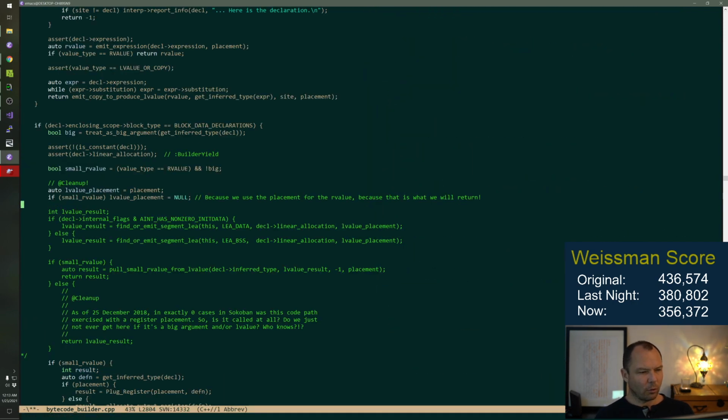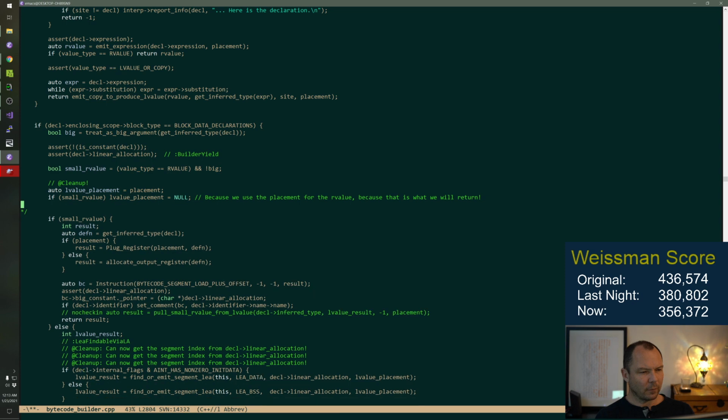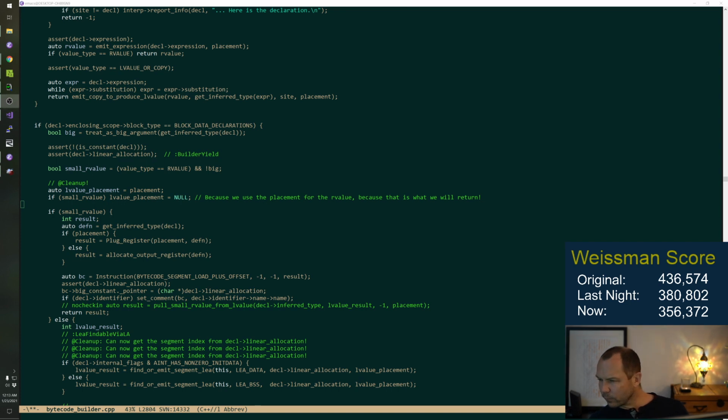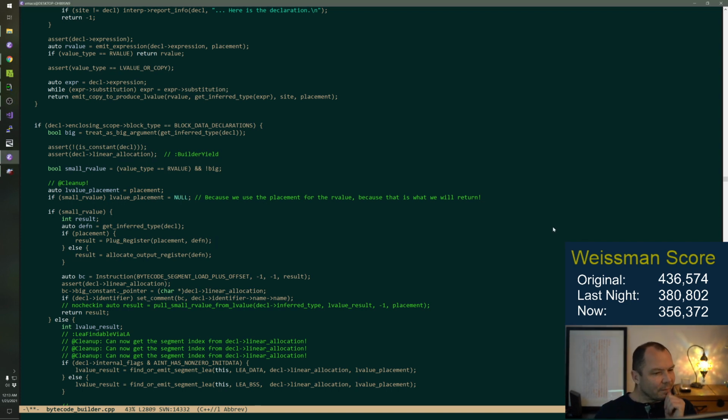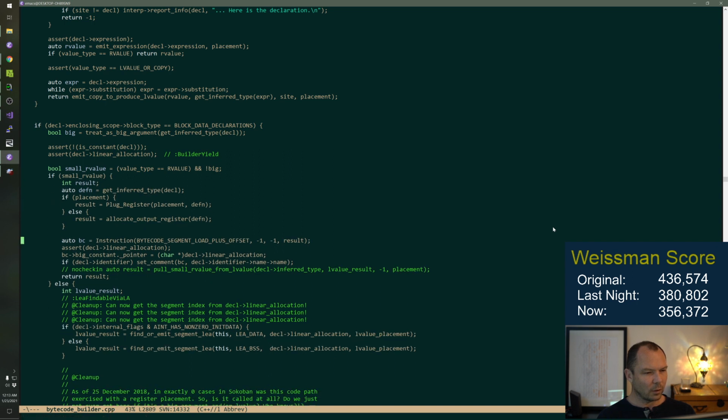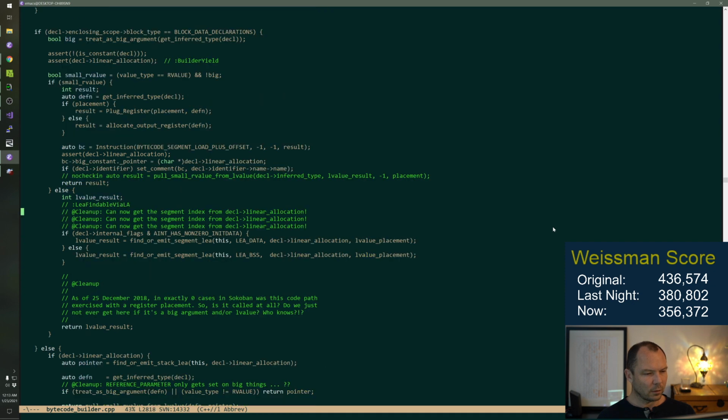I am not really thrilled by how little those gains were. So this L value placement thing, we don't care, we don't care, we don't care. L value placement is now placement again.